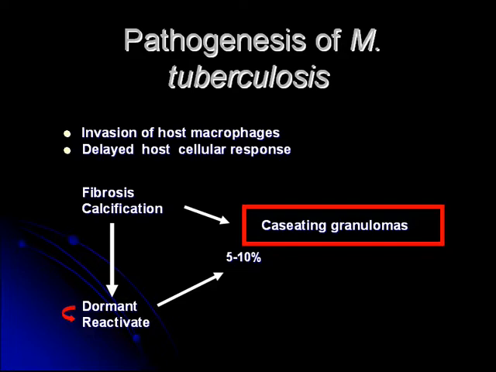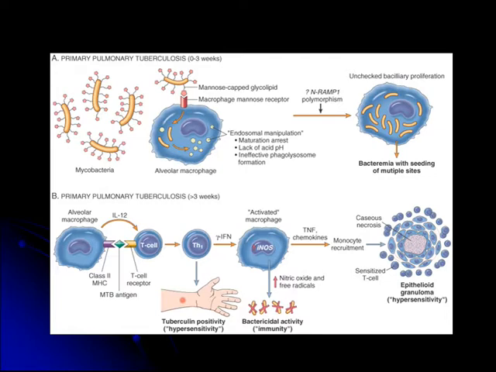And then over time, in somewhere between 5 to 10% of people, for whatever reason, the immune system loses its ability to control these bacilli, and they reactivate and form caseating granulomas, which is the active form of tuberculosis, and this is what causes all the tissue destruction. When these bacteria are treated, this results in scarring and calcification, and this is what we see in patients with UTB. We treat them, and they end up with scars in the ureters, in the infundibuli of their calyces, and in the bladder and elsewhere.